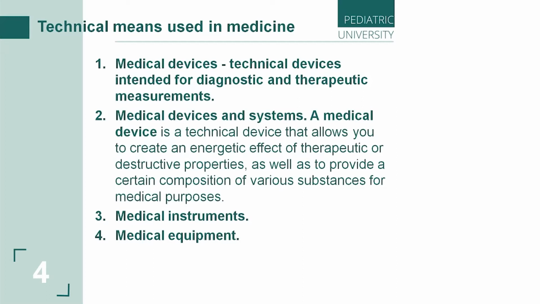What is the second group? Medical devices and systems. A medical device is a technical device that allows you to create an energetic effect of therapeutic or destructive properties, as well as to provide for medical purposes a certain composition of various substances. Maybe devices for direct current therapy, devices for therapy with pulsed and alternating current, devices for low frequency and high frequency therapy, ultrasound devices. All these devices are used in physiotherapy, especially for sportsmen, and not only for sportsmen, for